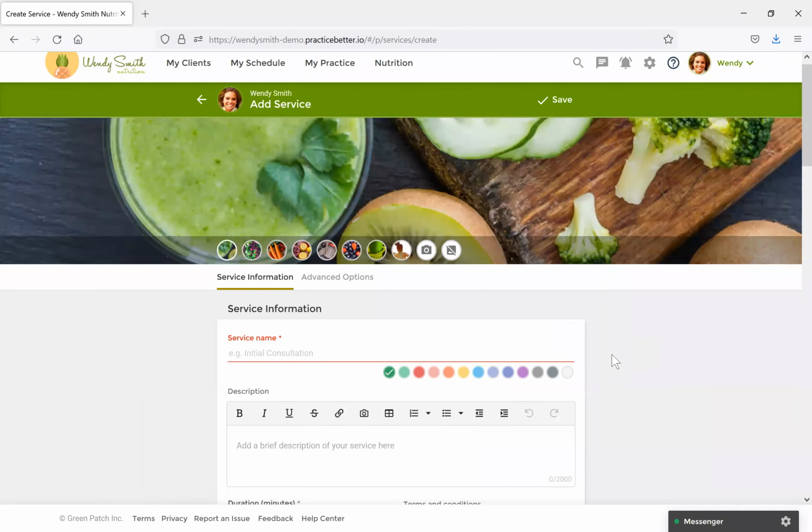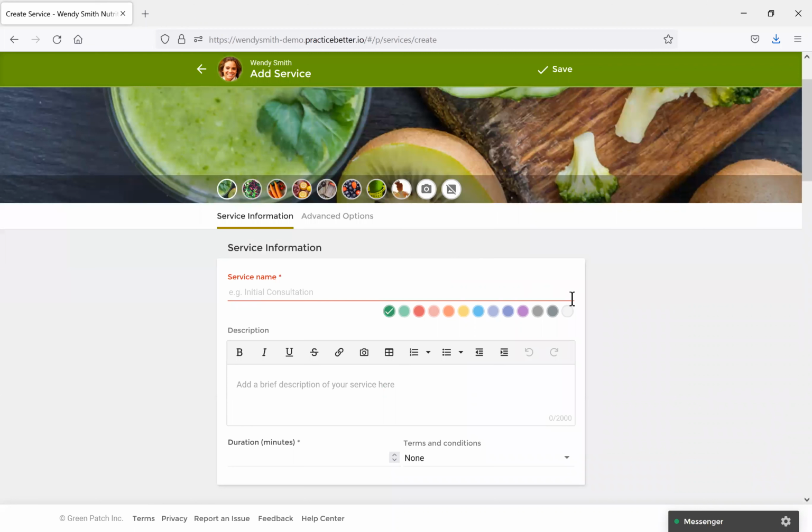And then in the Add Service window, you'll see a bunch of options appear. The very first thing you're going to want to do is give a name to your service. So today we're going to create an initial consultation, as I'm sure many of you do, and we're going to set the duration of the initial consultation to be a 30-minute service. You'll notice there are other features here, such as adding a description where you can outline